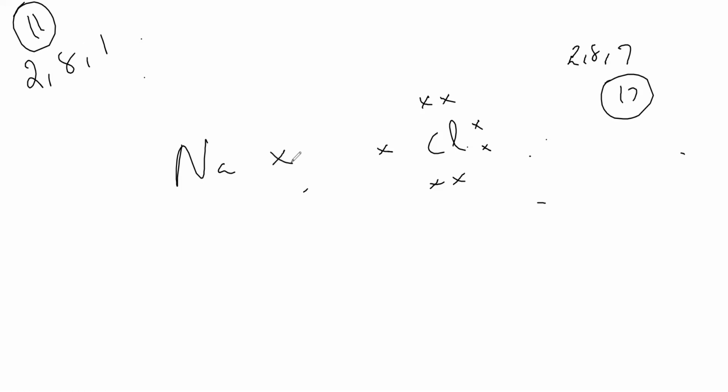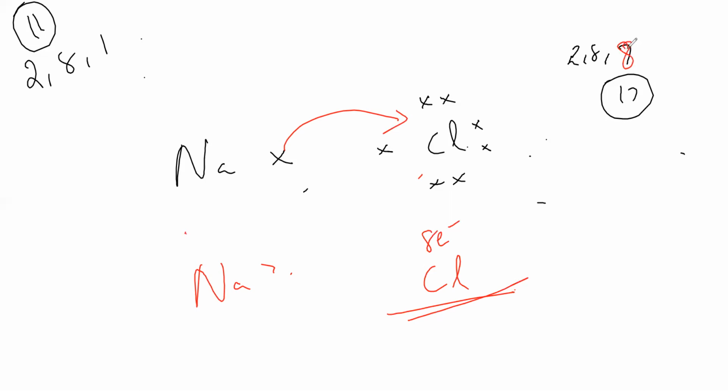One. Right. So sodium is what actually doing? It is giving an electron. Sodium is losing this electron. So sodium will become Na plus, and the outermost shell will have 8 electrons. So this will become 2, 8, and chlorine will be 2, 8, 8. This is formed by ionic bonding. Are you clear now?